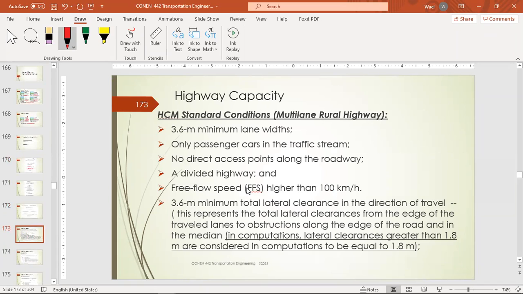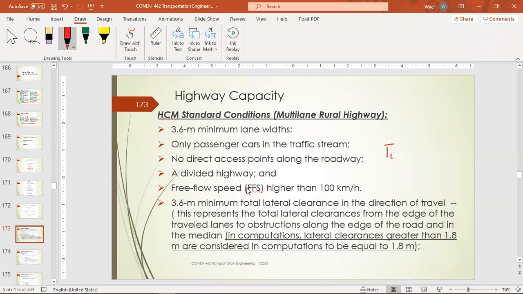we discuss the standard condition, or the base condition, for design for multi-lane rural highways. Basically we are assuming the standard condition that we have 3.6 meters lane width, only passenger cars, no direct access points along the roadway, a divided highway, that means we have a median, a free flow speed higher than 100 kilometers per hour, and we have 3.6 meters minimum total lateral clearance. And we discussed the lateral clearance as basically